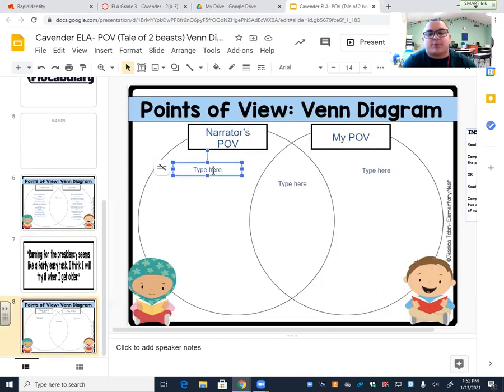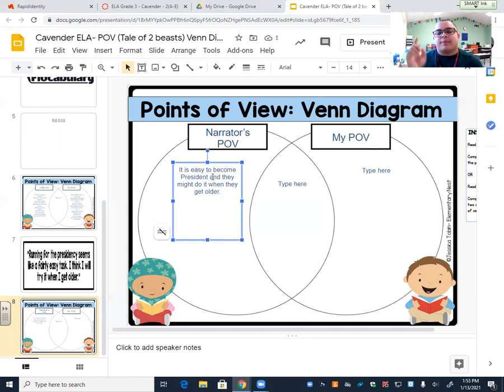So the narrator's point of view is that it is easy to become president. And they might do it when they get older.